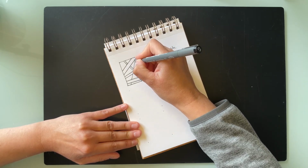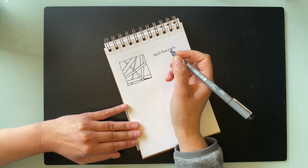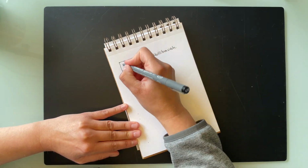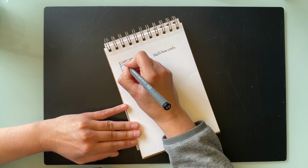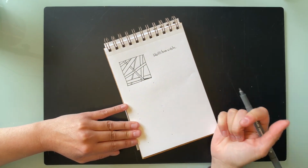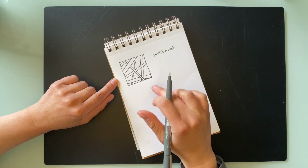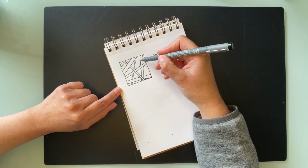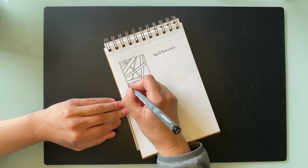Just like that. This is gonna be a thin one. And make sure that you're creating as many as you want. So here, for example, one of the first ones, we're just always gonna go under it without crossing the line. Once you're happy with the quantity of lines that you have, you can leave it as is, or you can choose to paint over all the spaces between the ribbons. So for example, if I start here,